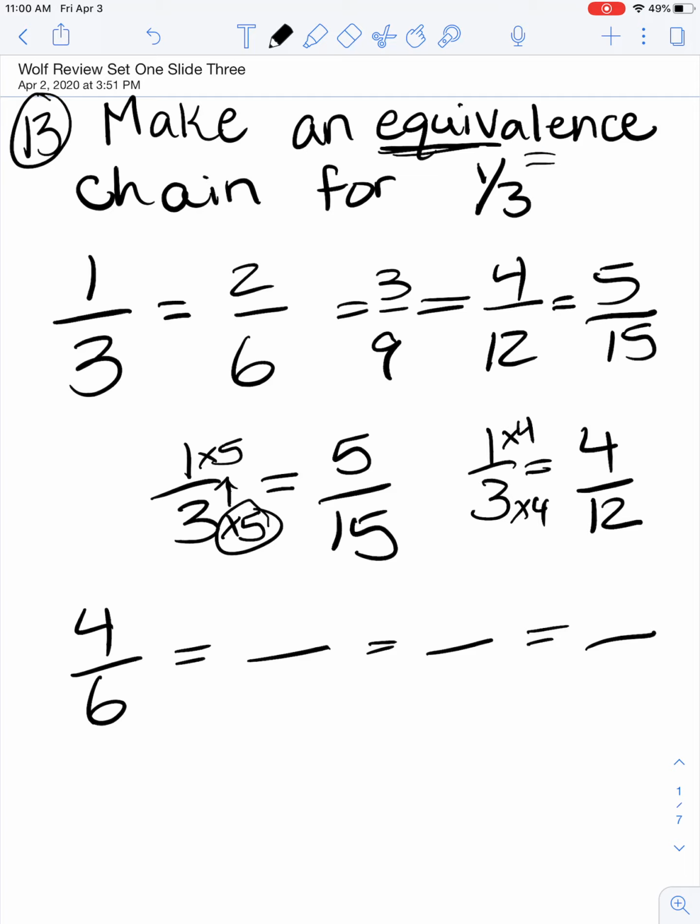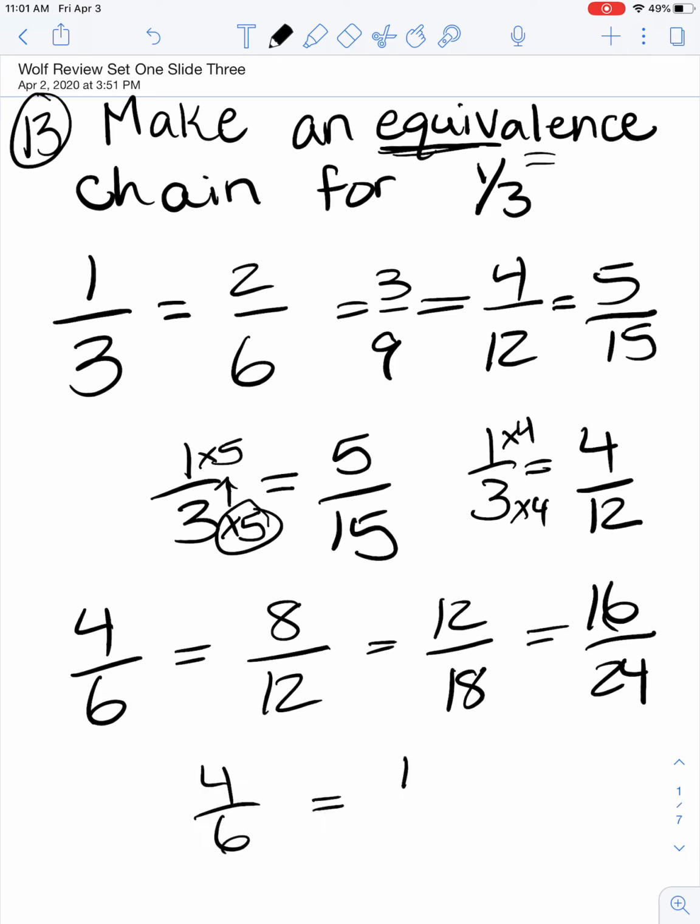Okay, welcome back. So let's skip count by 4s: 4, 8, 12, 16, stop. All right, now let's count by 6s: 6, 12, 18, 24. So 4/6 is equivalent to 16/24. If you wanted to check it,